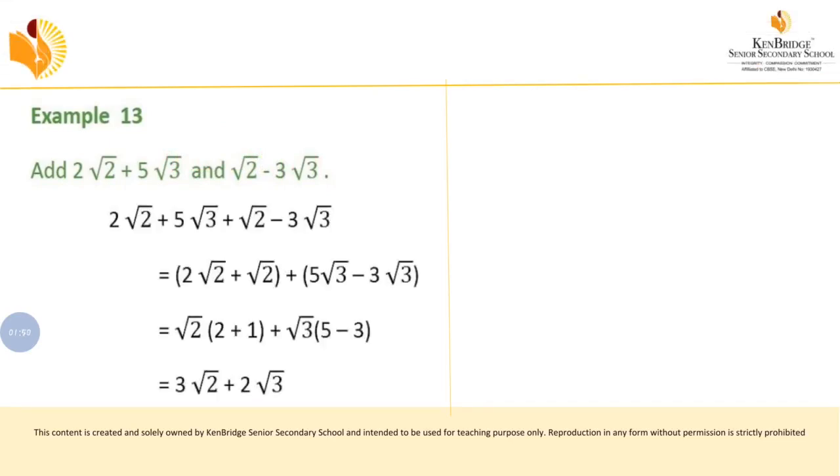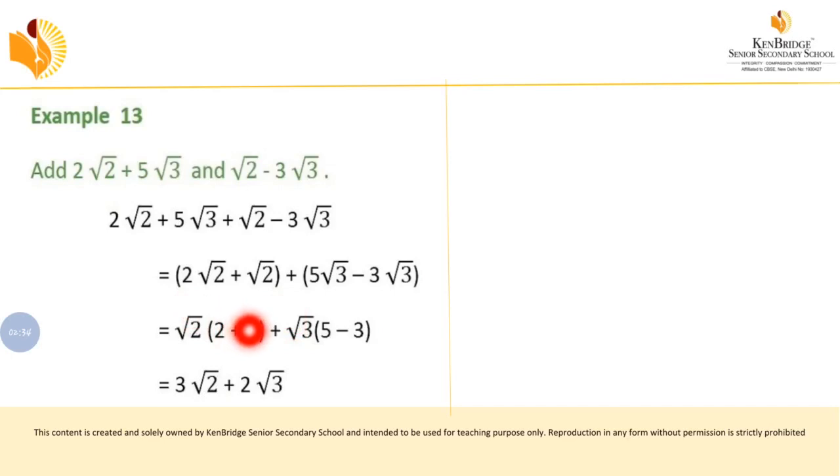First, you have to write the given question as it is, but instead of the word add, write the symbol. This will be your first step. After writing this, for our understanding, we have separated these two terms by using brackets, and in between is the addition symbol. Now if you look at these two terms, which is the common part? Root 2 is common for both, and here root 3 is common for both. So we have taken root 2 as common, and here we have taken root 3 as common.